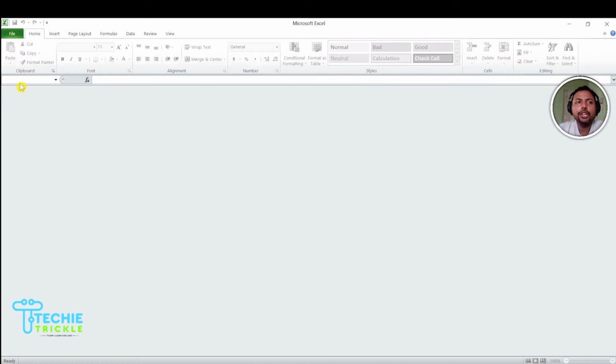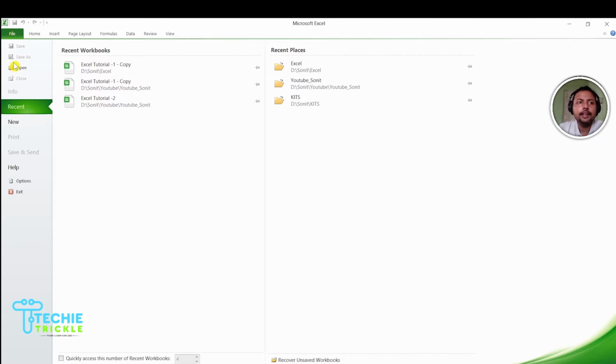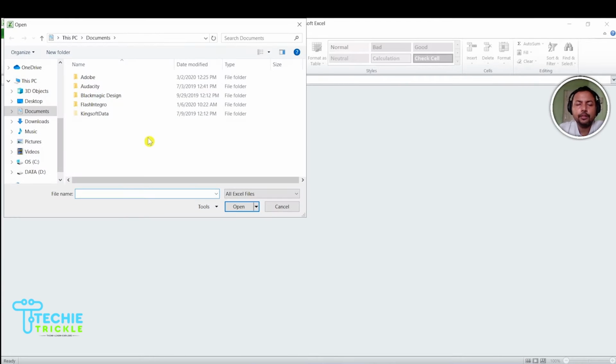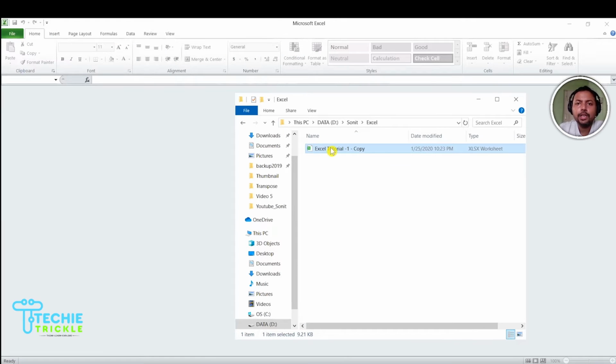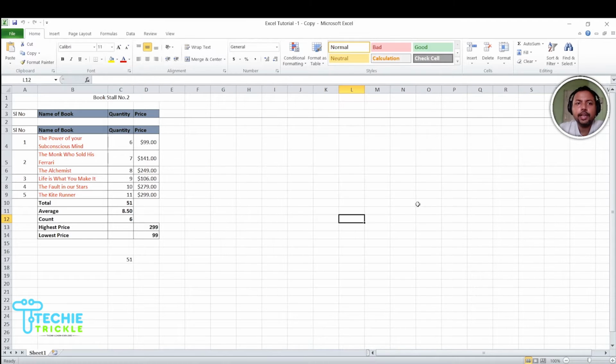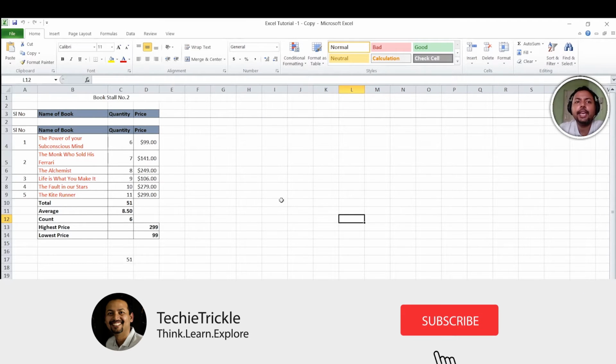So the first thing you need to do is come to File, then Open. You can open that particular file that you were working on from Open. Else what you can do is, as I showed you, you can drag your previous version of the file. You remember that I was not having any data here, I was only having this part.